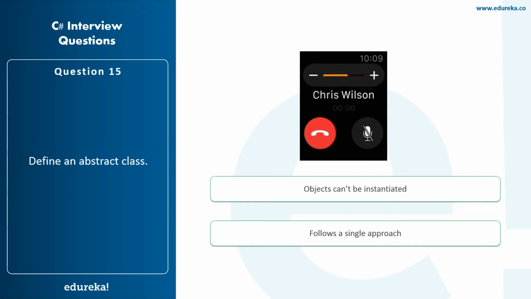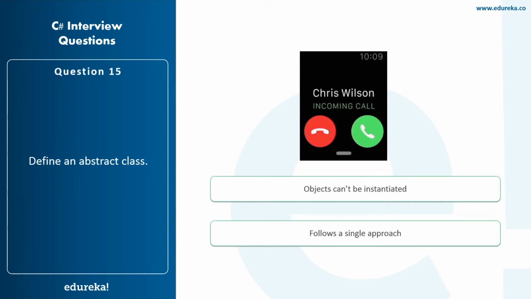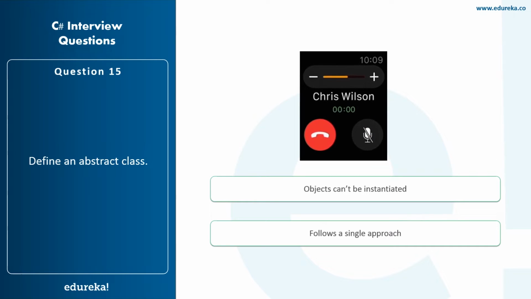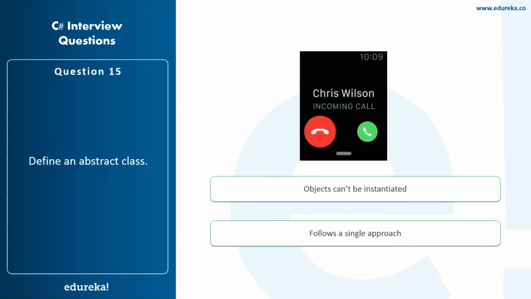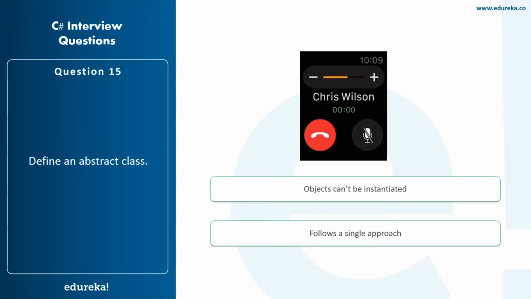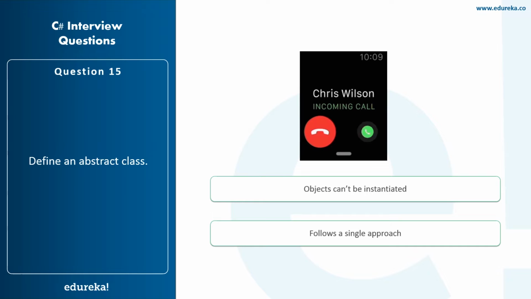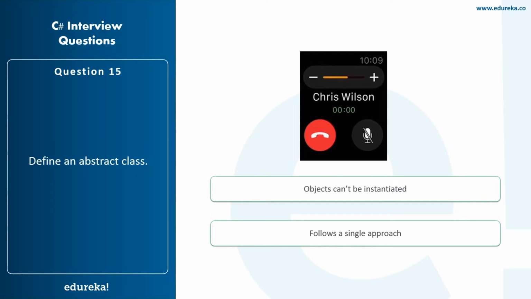So you have three options. Either you take up the call, or you cut the call, or you send a message that I'll not be able to talk, or can I call you back later? But these are the only three reactions you can give whenever you're getting a call. But you don't know the method or mechanism which works behind when you're getting a call from this person, Chris Wilson, that how is this whole process taking place? Well, this is how an abstract method or the abstract keyword is defined. You are not told the process, but you're only told about the main method, that what you're going to do. And that's why the objects in this can't be instantiated, and it contains something like a single approach or technique.